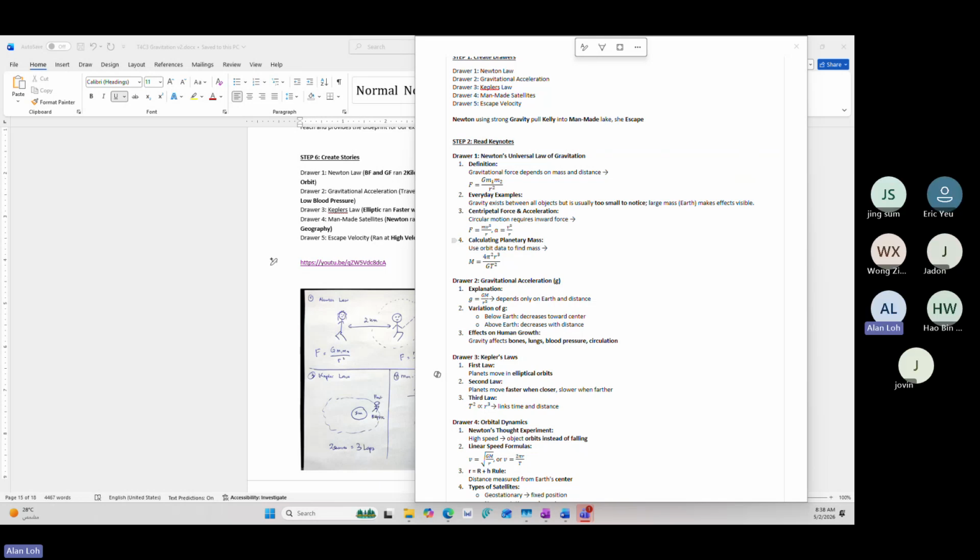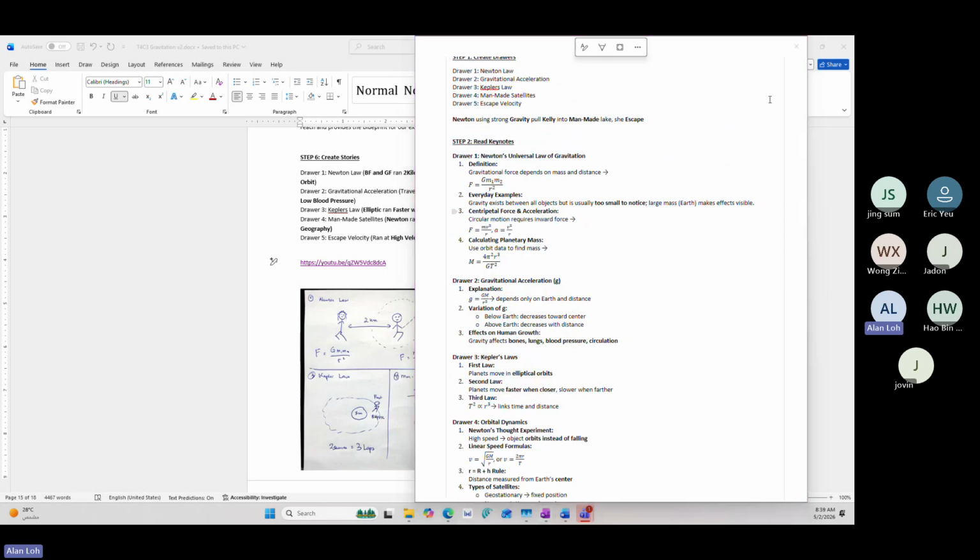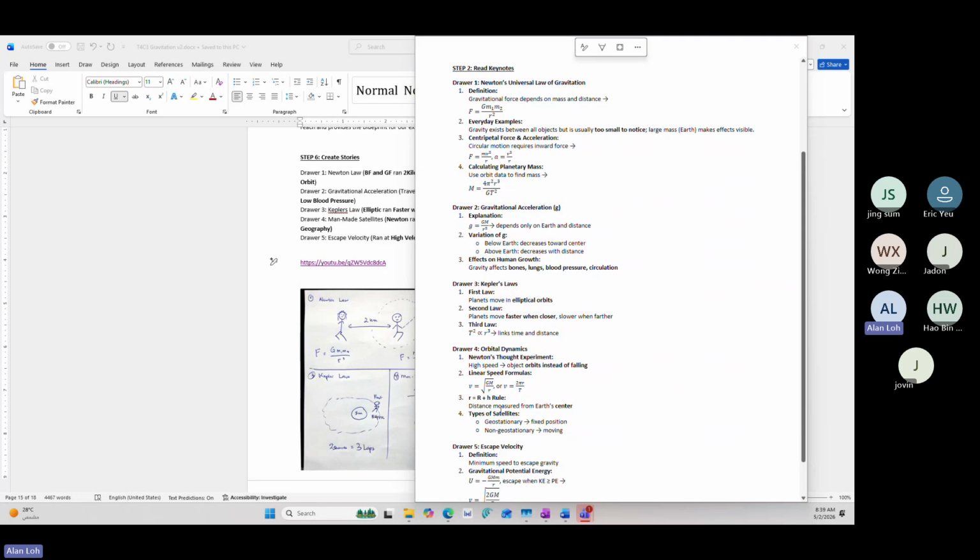Okay, let me just click the button. Right. Hi, Jovin. So we just started, and we are in step 2 now, Jovin. If you cannot see the screen, then you let me know. I hope everyone can see the screen and hear me. So I'll continue on step 2. So now your understanding level is about the level of 1 to 2, right? Okay, good. So let's start by reading this.